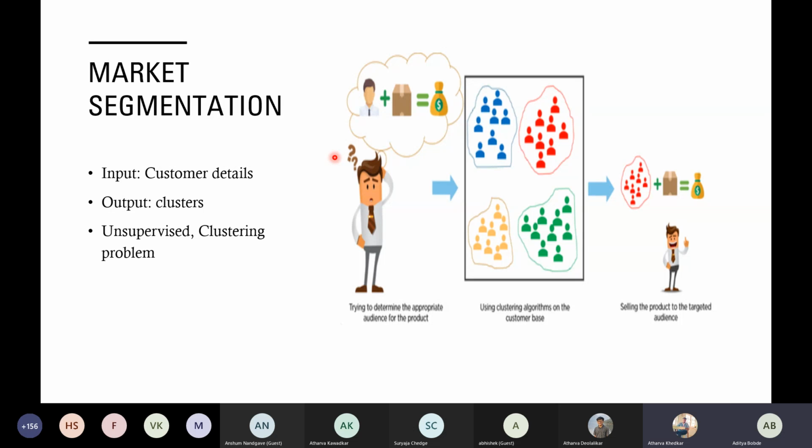Suppose there is a small company X which is trying to sell products, but it is new to the market. It won't have so much data. But companies like Google, Apple, Microsoft, Facebook have tons of data available. So they pay a heavy amount to these companies, saying sell me this customer data, so we will be able to generate our sales much faster. That's why the data is sold.